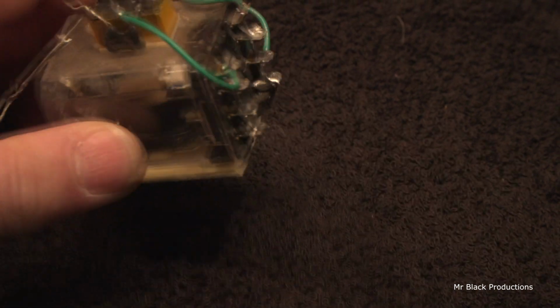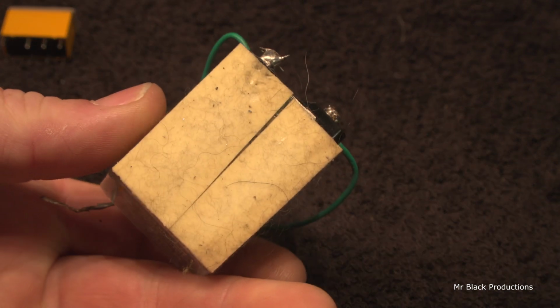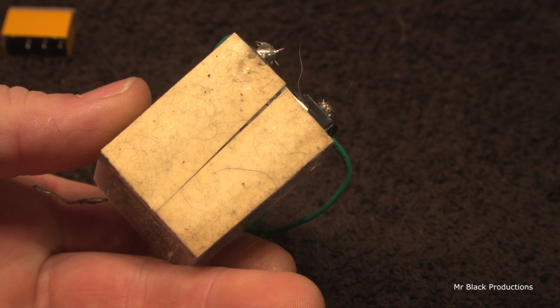But, I mean, let's look at the bottom side of this tape. It's been floating around for a hot minute. This isn't...